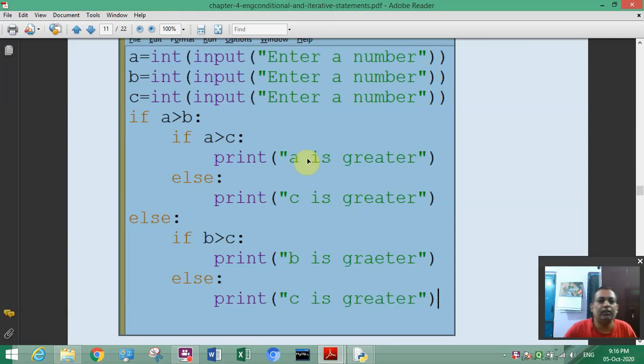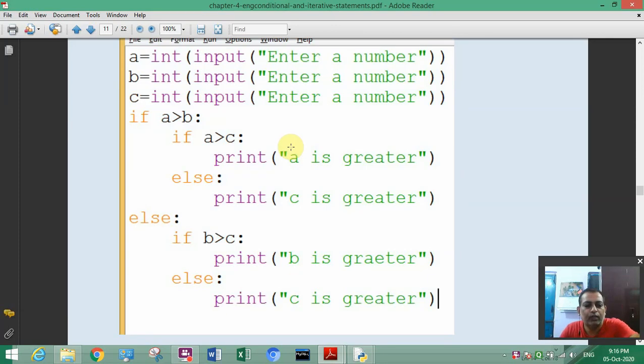You can see here one if statement is given here, then again after coming down and giving one indent, another if statement is given here, and this second if statement is controlled by first if statement, so it is called nested if statement. And what is going on here?